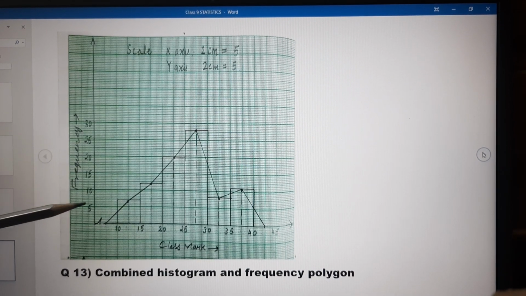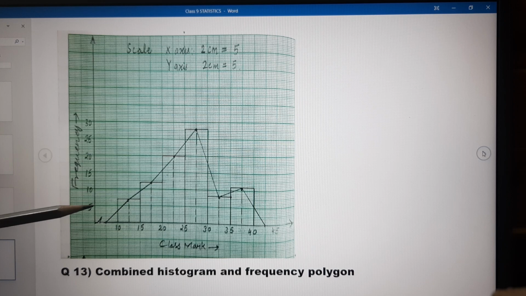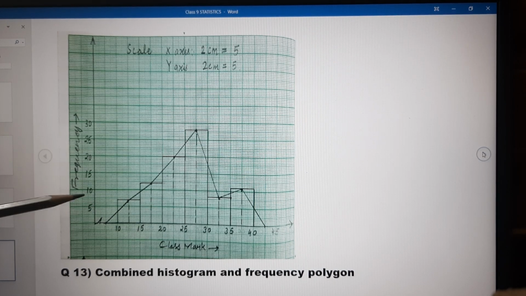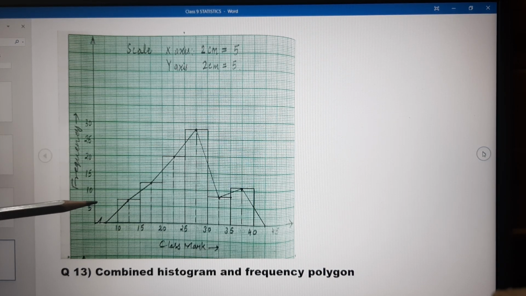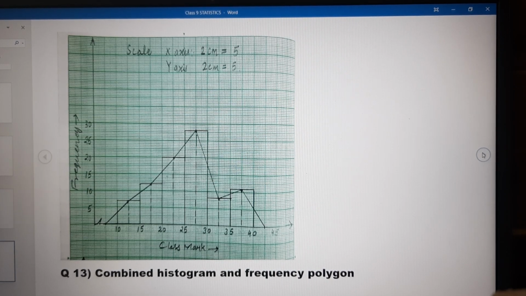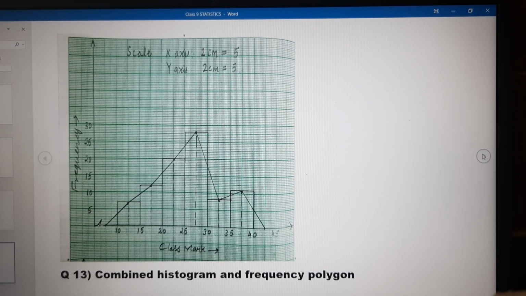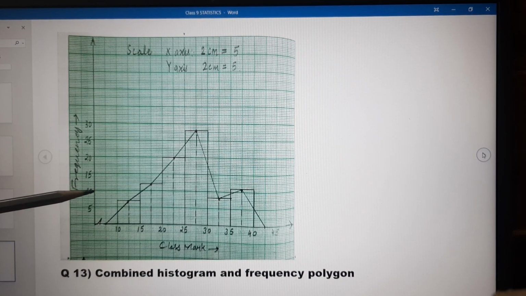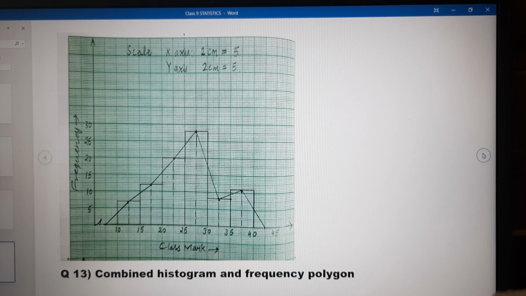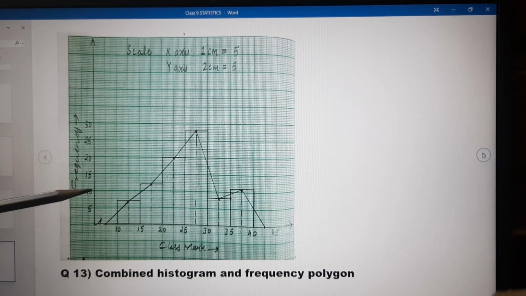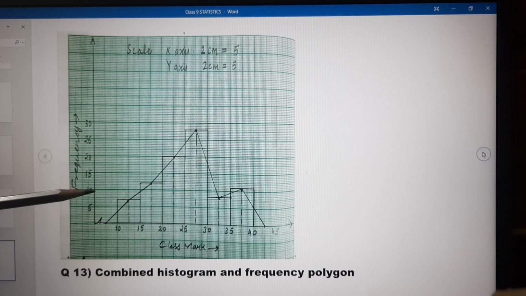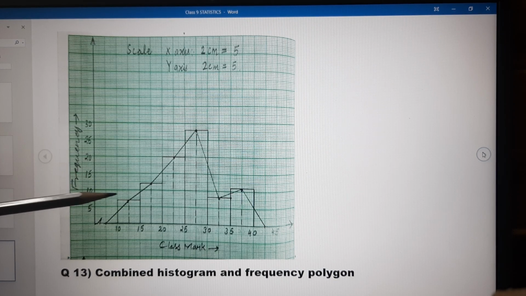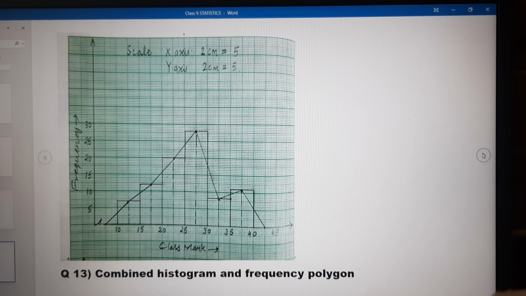So, if we have to mark 7 here, then above 5, we'll mark 4 small blocks. So, 5, 2 small blocks, 6, again 2 small blocks, 7. It means 4 blocks more than 5. Clear? Because 2 small blocks carry 2 units. For 12, above 10, we require 2 more, 10 plus 2. 2 units will be 4 small blocks. So 4 small blocks above 10.